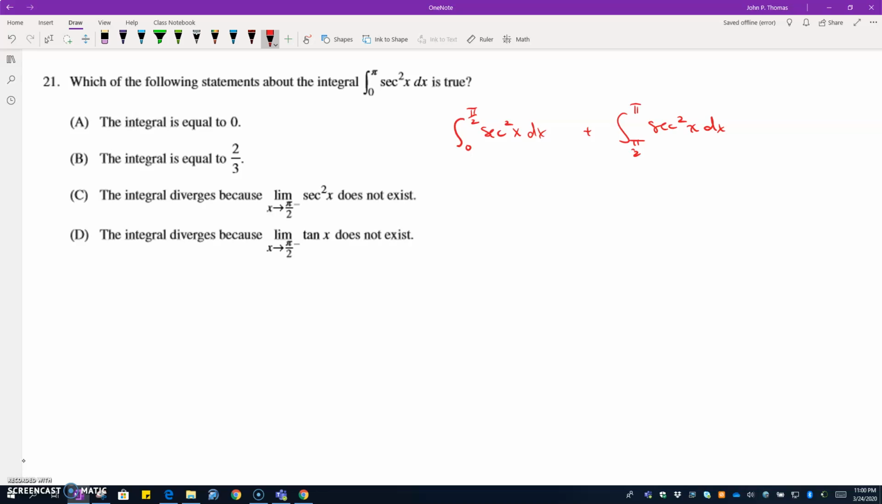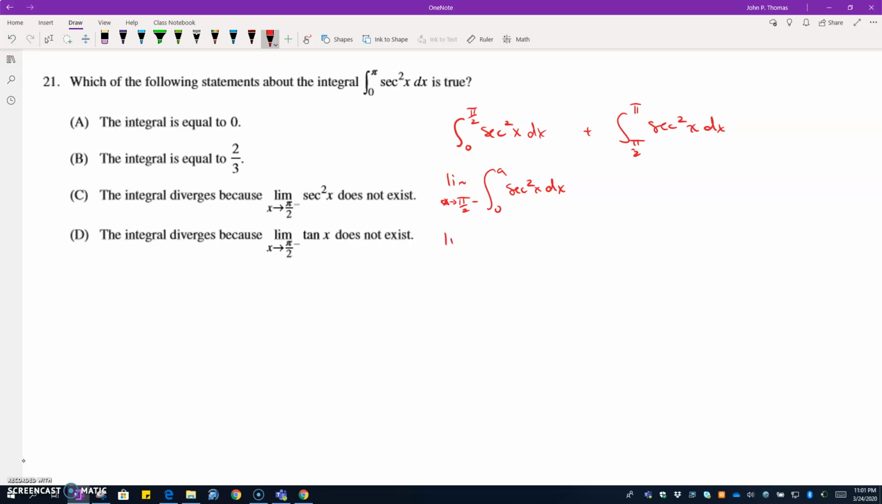Alright, so I'm approaching an issue spot as I go to pi over 2, so I'm going to say the limit as a approaches pi over 2 from the left of the integral from 0 to a of secant squared x dx. And I'm going to start with this piece because the next piece is going to end up behaving in a very similar way. Alright, so next I'm going to go ahead and evaluate